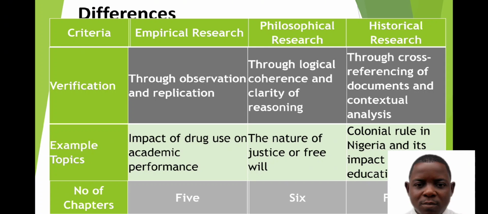The template for philosophical research is a bit different, and that of historical research is a bit different. Maybe in our subsequent classes, I can bring forth these templates, but going forward, we will deal with empirical research